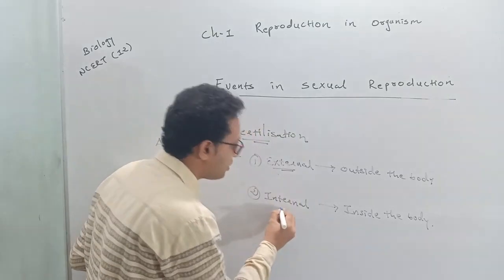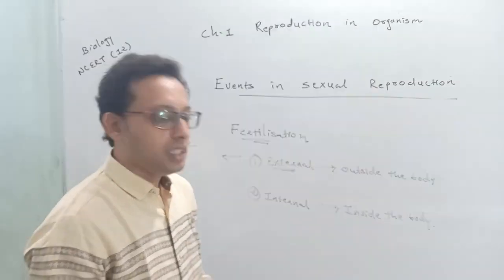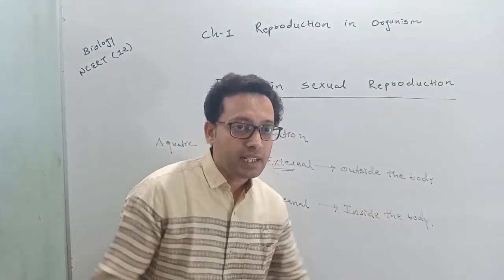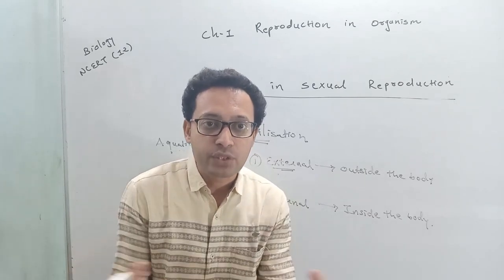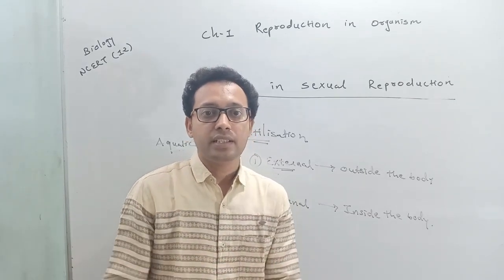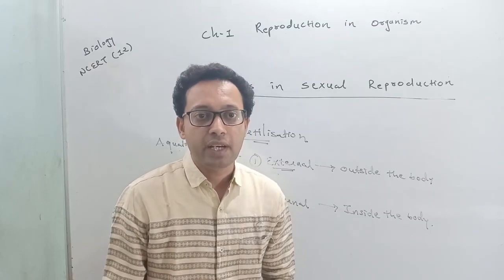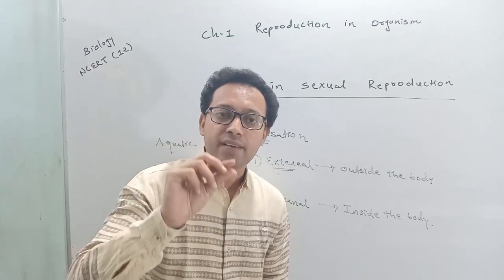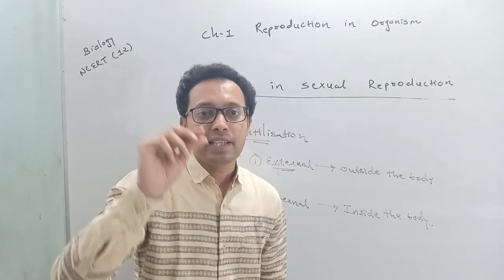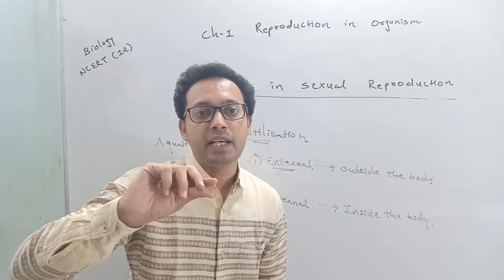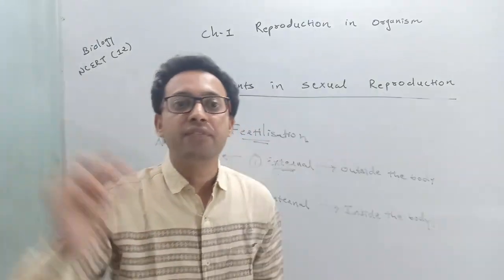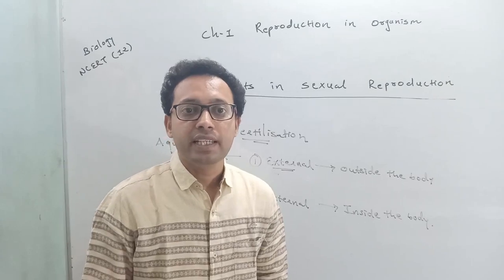Another type of fertilization is internal fertilization. Here the fertilization occurs inside the body. Clear? It means the fusion of male and female gamete occurs inside a body. And so that's why here there is a development or need of a mechanism that leads to a transfer of male gamete into the body of a female. Okay? In that case,